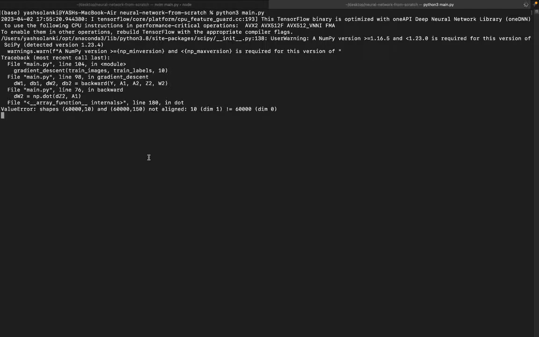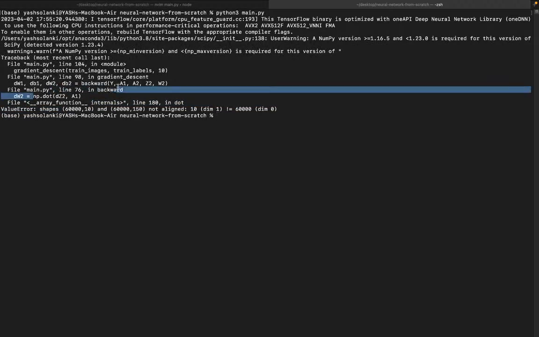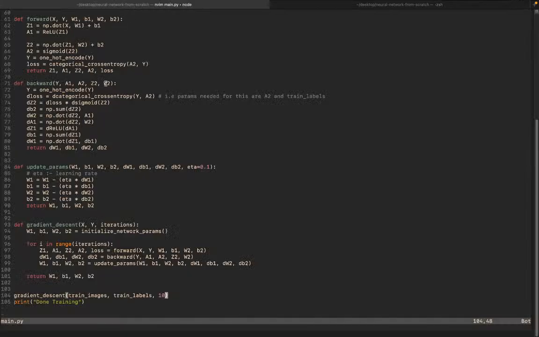Alright, okay. So now the dimensions are aligned. All I have to do is transpose something with this. But then I have another issue, which is that if I transpose this, wait, okay, so we are at DW2. I have a feeling that I need to transpose DW2. Also, I'm going to run it for just one location. So for DW2, I'll need to transpose DZ2. So if I transpose that,